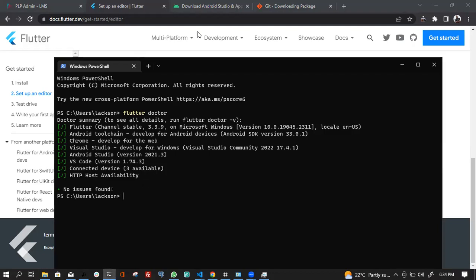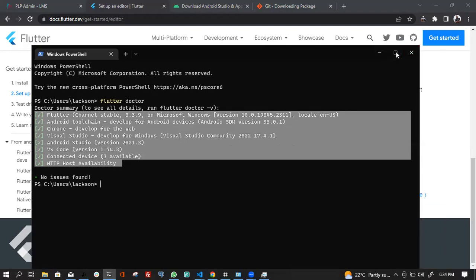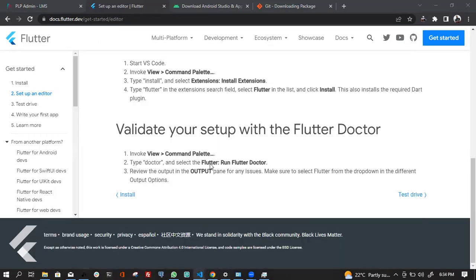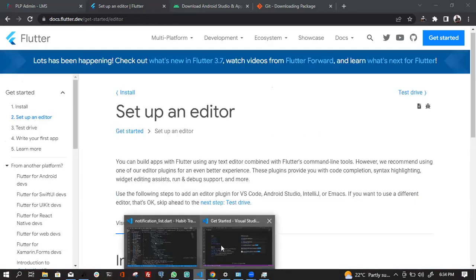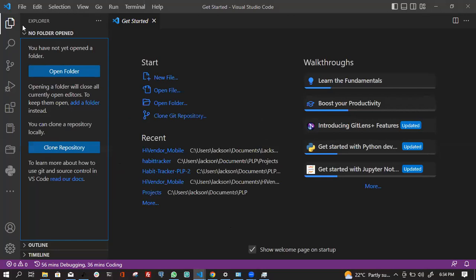My name is Laxon. So you have to make sure that everything's checked so that you don't run into problems when you're developing. If everything is checked, it means you can now run Flutter and create Flutter applications. If everything is okay, the next thing you have to do now is to create